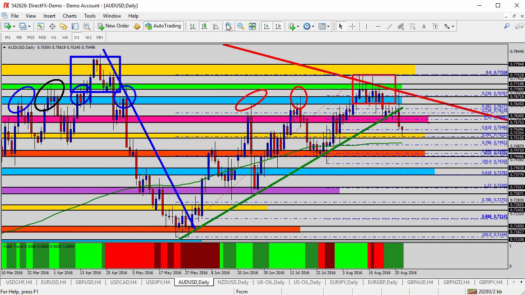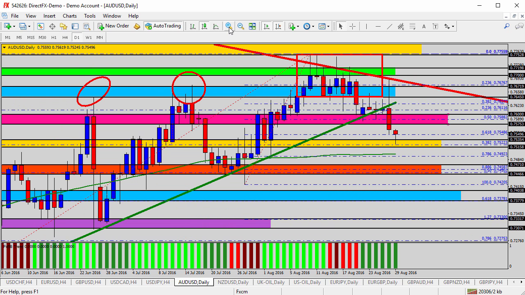Let's go ahead and zoom it in one more time. There's that red trend line. We found a lot of resistance there inside the red box, and now we're starting to see a breakdown of the green trend line. So could we be seeing evidence of reversal? Possibly. We don't see that signified in the Forex Black Book trend bar yet, but very interesting things to watch there for the